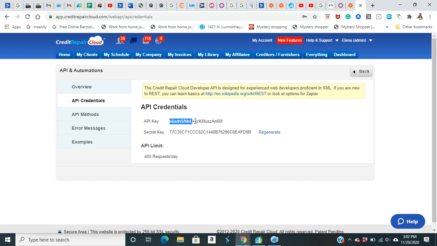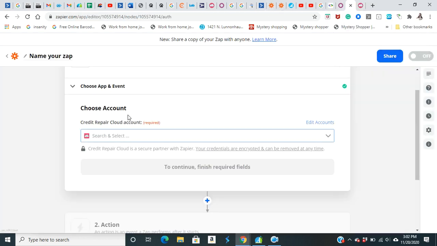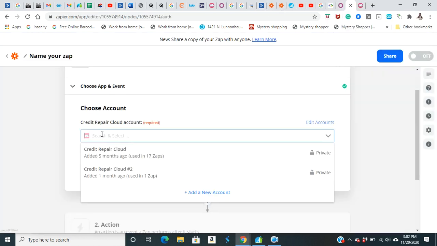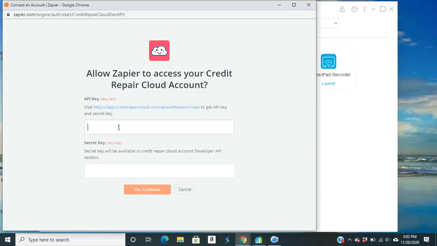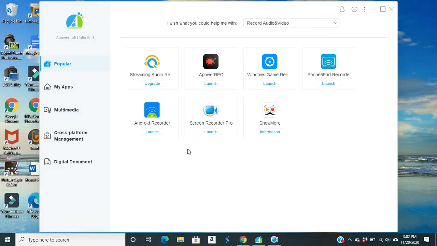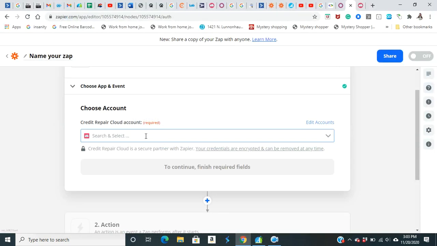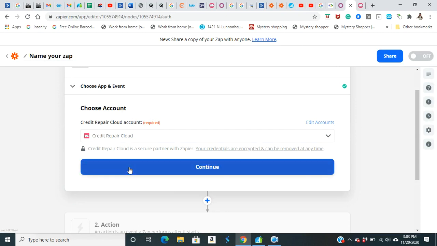You copy this API key here, and the secret key here. You click continue, and then you will give access to Credit Repair Cloud. But I already have it here. So after I click continue,